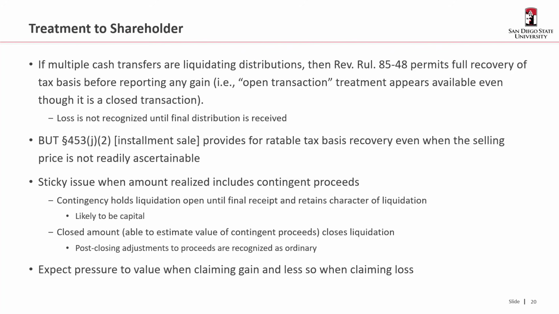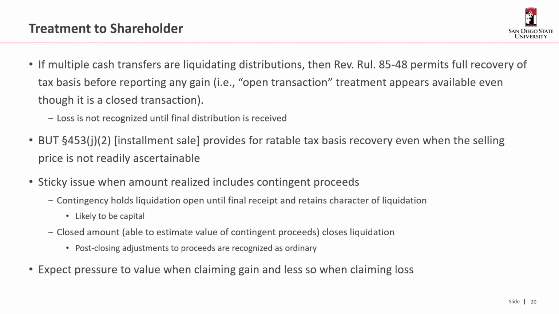This is an extremely sticky issue when the amount realized includes contingent proceeds. A contingency would hold the liquidation open until the final receipt, and you would retain the character of the liquidation, which is likely to be capital. If, on the other hand, it's a closed amount, which means you are able to estimate the value of the contingent proceeds, then that closes the liquidation,